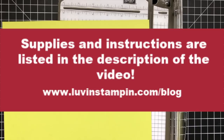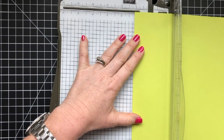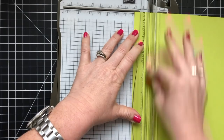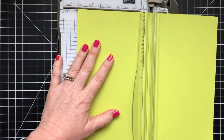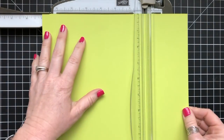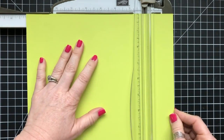FYI, if you don't have this trimmer, it's an absolute must. It's $30. I know, it's like, oh man, $30. But I'm telling you, it is the best trimmer ever. It's like the best one on the market. Even people who are not huge Stampin' Up! fans or who don't really use Stampin' Up! product love this trimmer. All right, so we're starting out and we're scoring at 1 1/8, 5 1/8, 6 1/4,